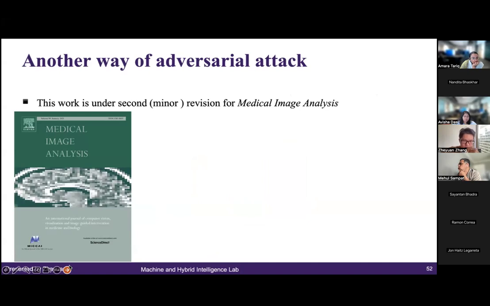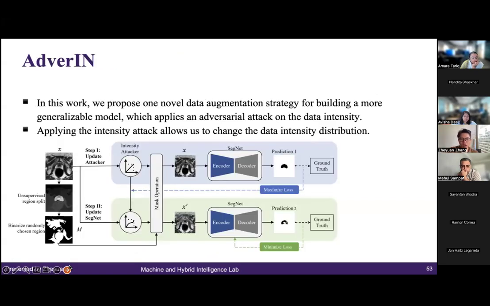And so the third work is about adversarial attack, trying to enhance the model's robustness through adversarial attack. This is a very simple and a very interesting work. Previously we mentioned that for a segmentation algorithm, what we want is for the model to focus more on the structure rather than the intensity. So can we design a method that uses an adversarial attack to remove the model's reliance on the intensity distribution and focus more on the shape?